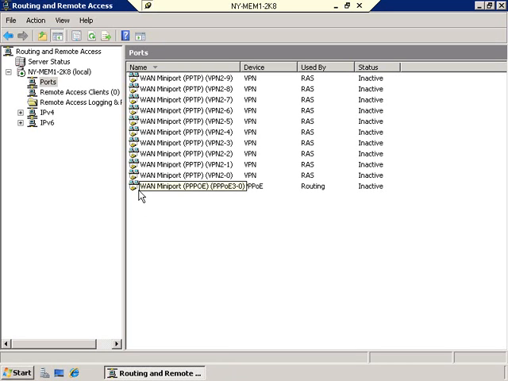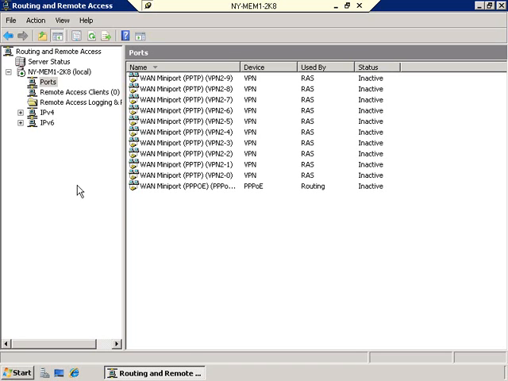Now here's where we run into something that has changed a little bit from the previous versions of this utility. In Windows 2000 or Server 2003, if you had an individual remote access server, you would manage your remote access policies from within this utility. And if you had multiple remote access servers and you wanted to have a policy to control all of them, then you would need to implement something called IAS, which stands for Internet Authentication Services. Now this was a separate utility and a separate service that had to be installed and configured,